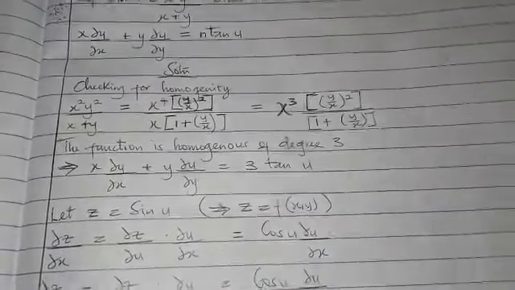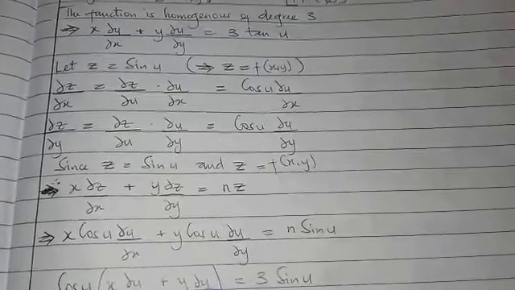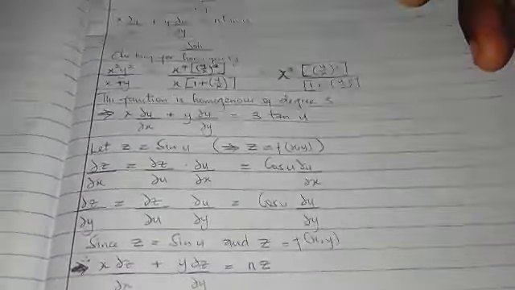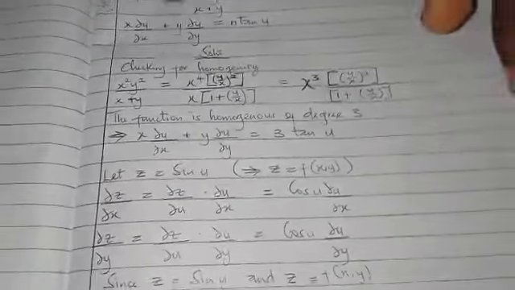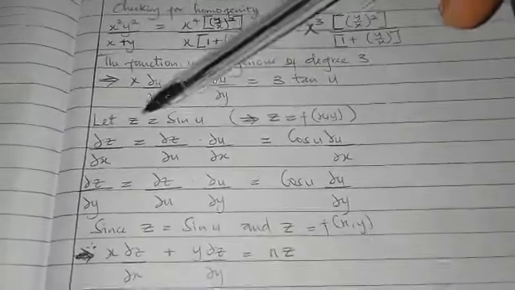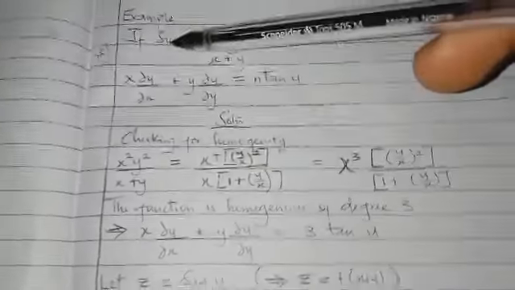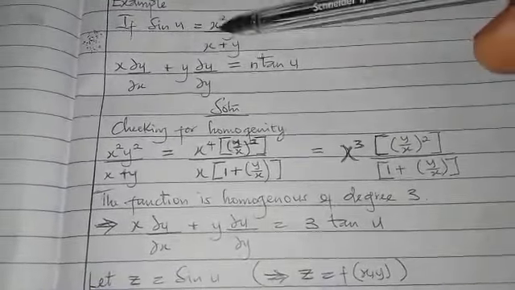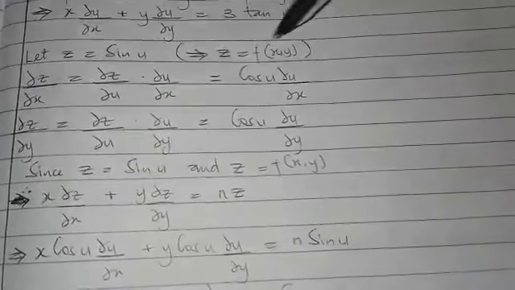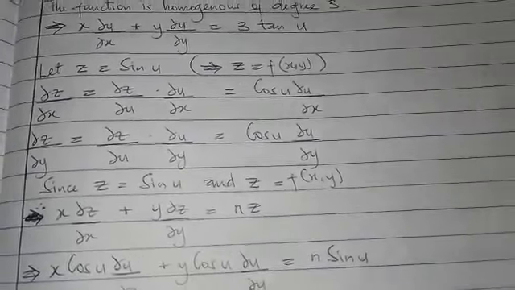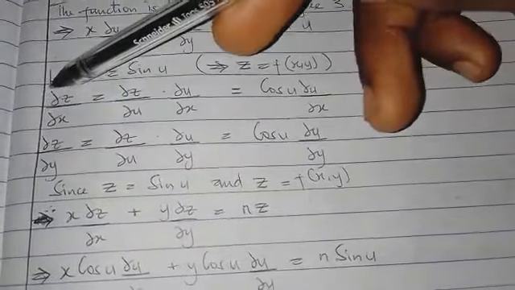That's just to let us know what we need to get. So we said let z be equal to sin u. Let z be sin u here. It means that z will now be a function of x and y. If z is a function of x and y, then we can find